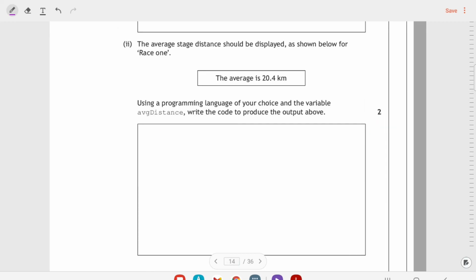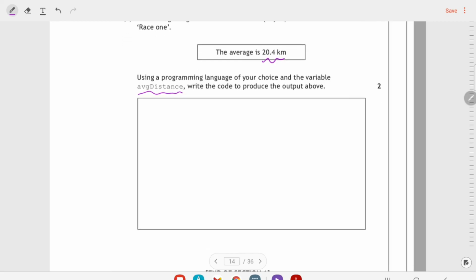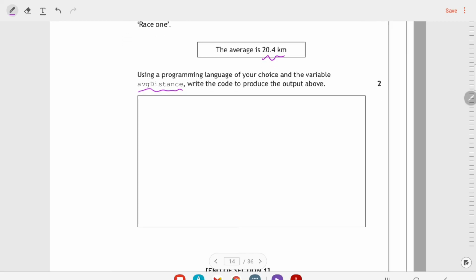Then it says that the average stage distance should be displayed as shown below for race 1. Using the programming language and the variable avg distance, write the code to produce the output above. So really, if you're doing this in Python, for example, you're just writing a print statement that's going to produce that output. You're not including 20.4, you're using the variable. So I'm not going to say print the average is 20.4, I'm going to say print the average is average distance. So if I said print,